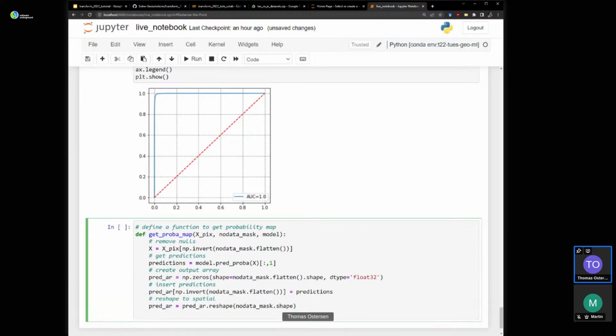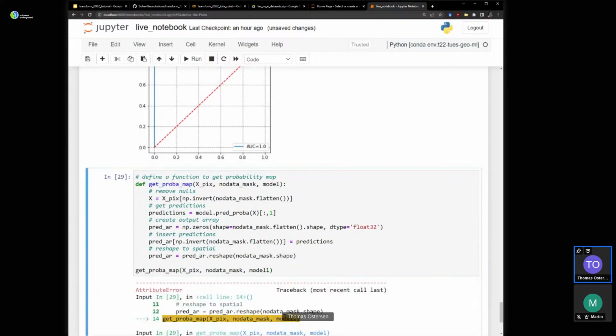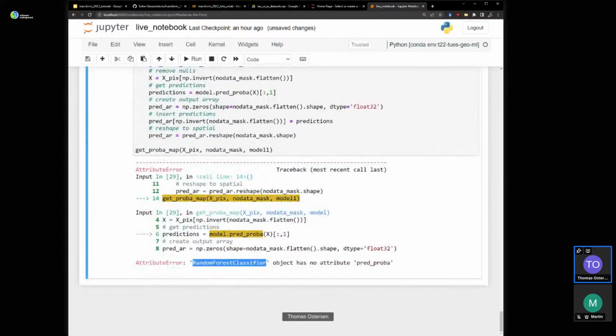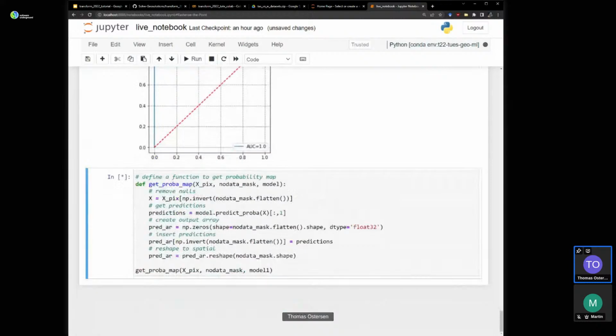Then let's just test to see if that works actually. get_proba_map, X_pix, no_data_mask, model 1, the random forest classifier, predict_proba. Is it working?